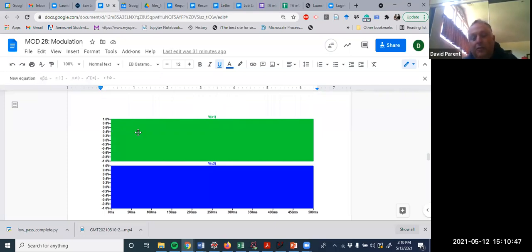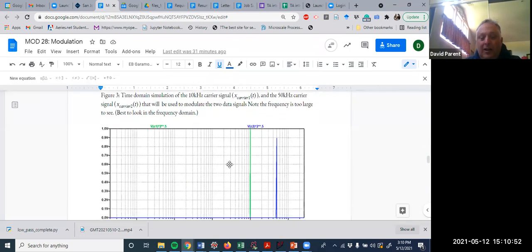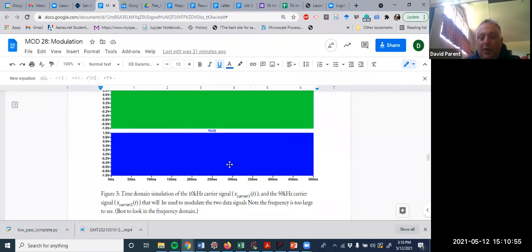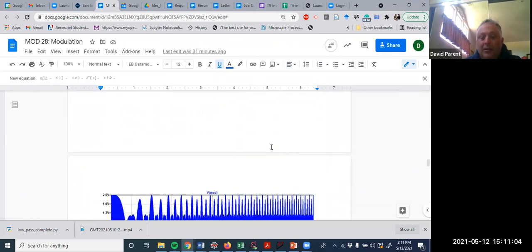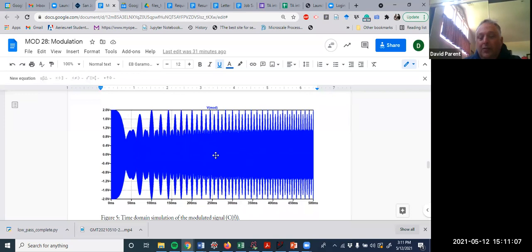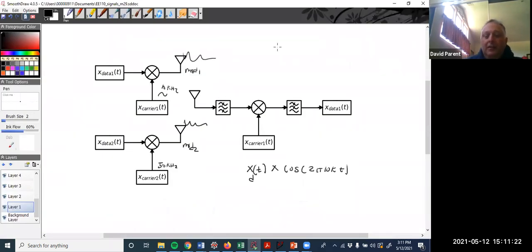Because the carrier frequency is so much higher, it takes forever to plot this out, right? And what I do is, if I take the Fourier FFT of that, you can see two peaks, two delta functions, all right? And then this is what it looks like, not only when I've modulated each signal, but I've added them together. Again, this takes a long time to plot, so I'm not going to do that live, all right? But